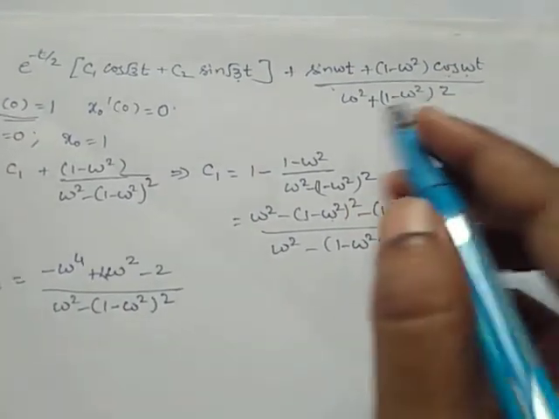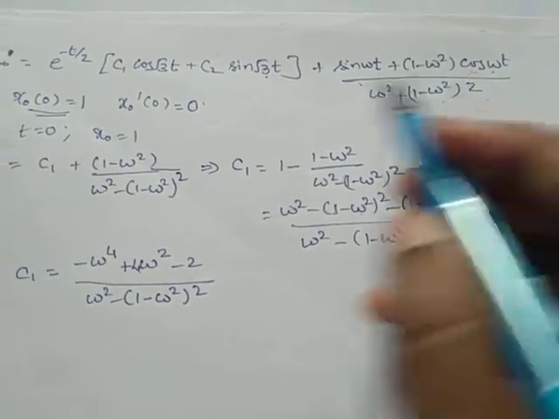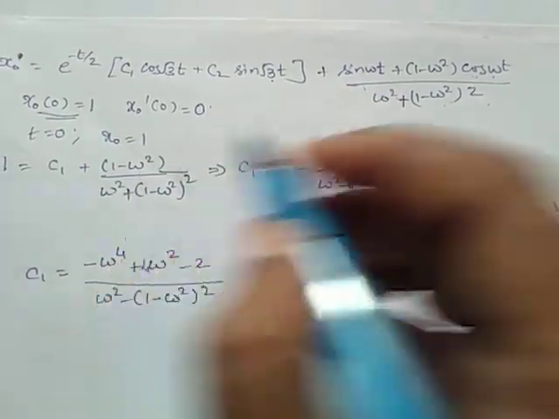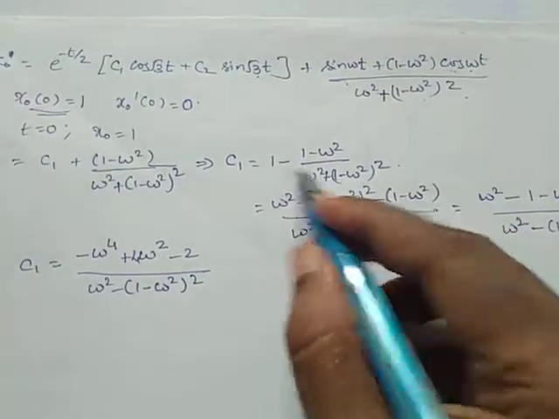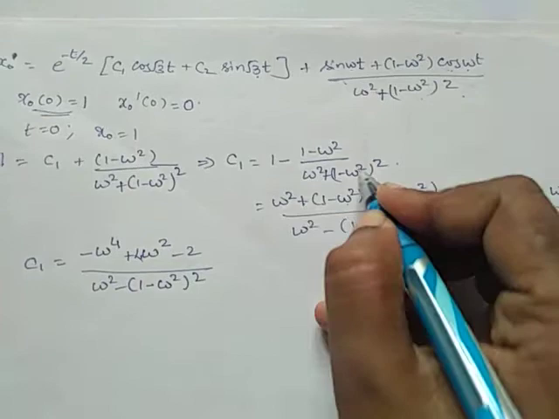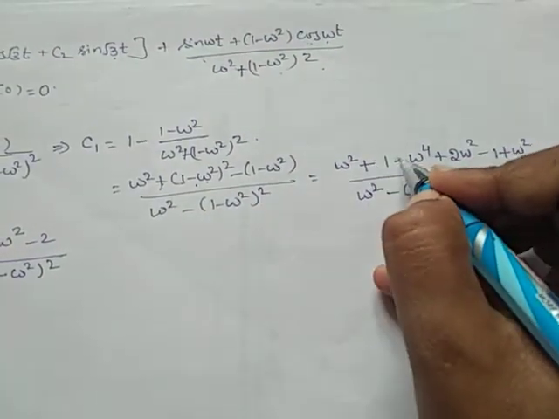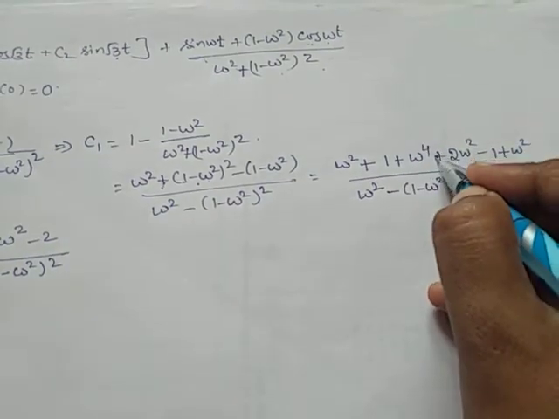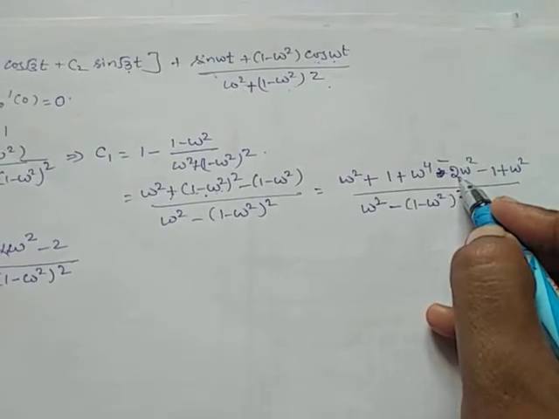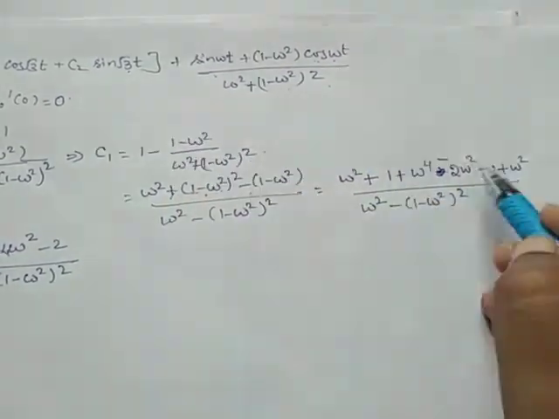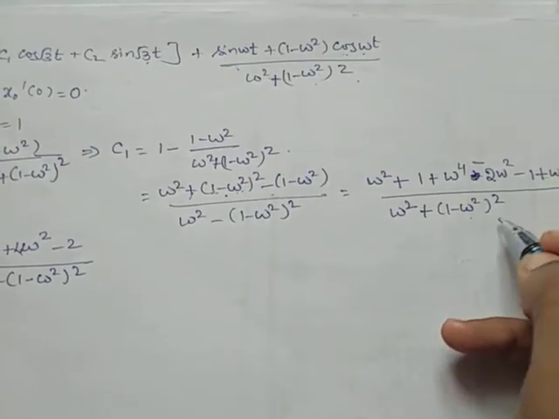There is a small mistake in PI. This is omega square plus (1 minus omega square). So if that is plus, this should be plus. This term is plus, and omega square plus (1 minus omega square). So if this is plus, this should be plus, minus a square plus b square minus 2ab. And if we multiply here, this is correct, divided by 1 plus omega square plus (1 minus omega square).